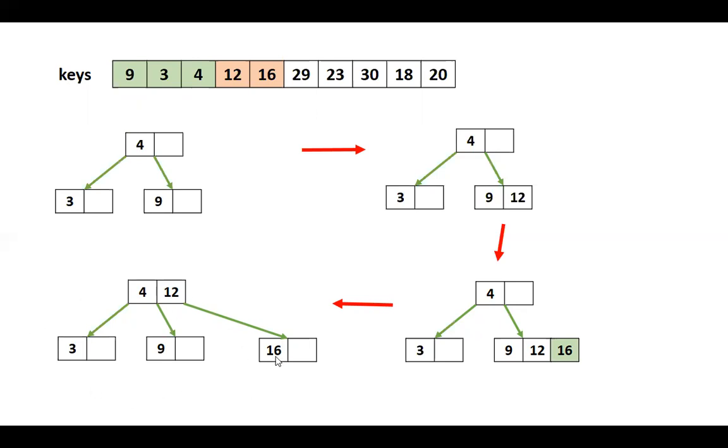If you look at it very carefully, it is like a binary search tree. The left subtree is always smaller than the root and the right subtree is always greater than the root. The only difference is that here you don't have only one key, you can store a number of keys at a time in a node.